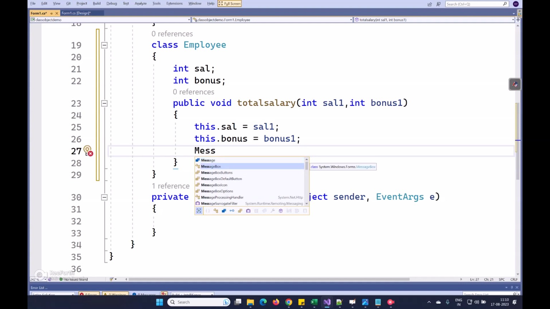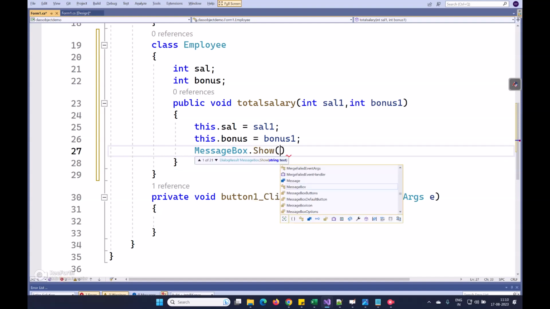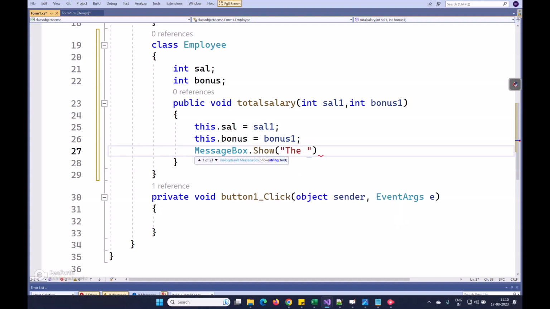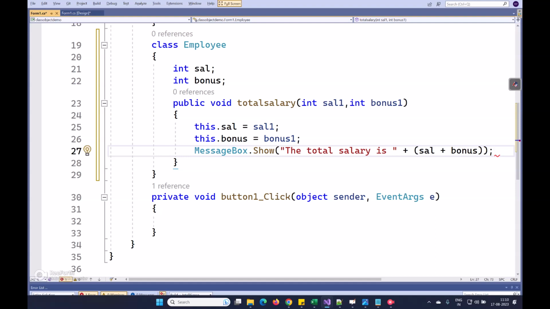And finally, message box, not Console dot WriteLine, MessageBox dot Show. Don't use the curly bracket placeholders, only plus. The total salary is plus sal plus bonus. Like that you write down, all of you.